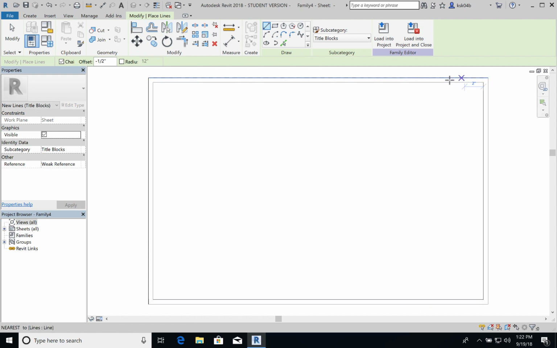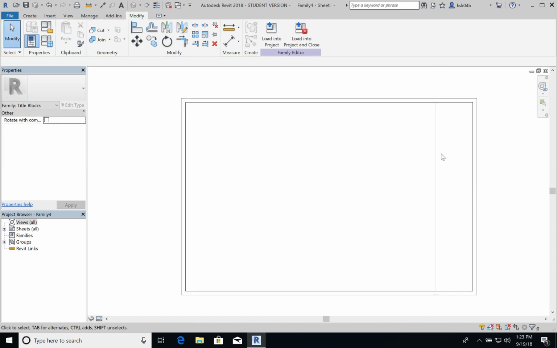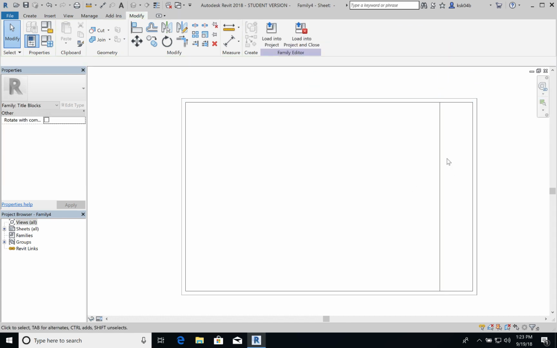So I prefer one that is over here on the right side of the page. It's just what I'm more used to. So I want this column here to be about 4 inches wide. So I'm going to just draw a line from top to bottom. And if I click the modify button and click on it, I can see that it is actually 4.5 inches. So I'm going to change that so that it is 4 inches. And there I have a 4-inch space that is my margin that will act as my, I guess, boundary for